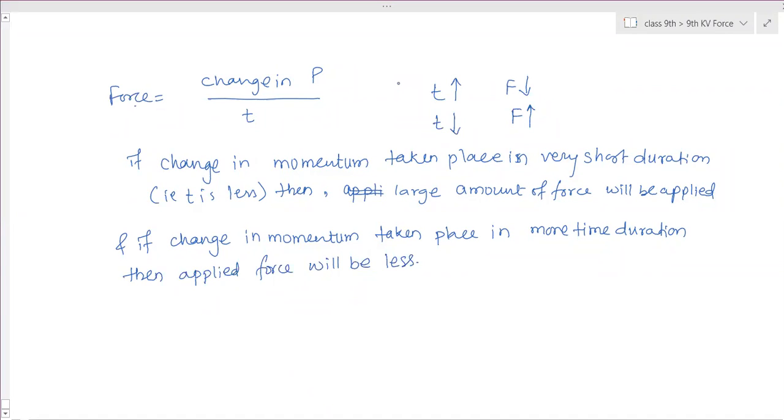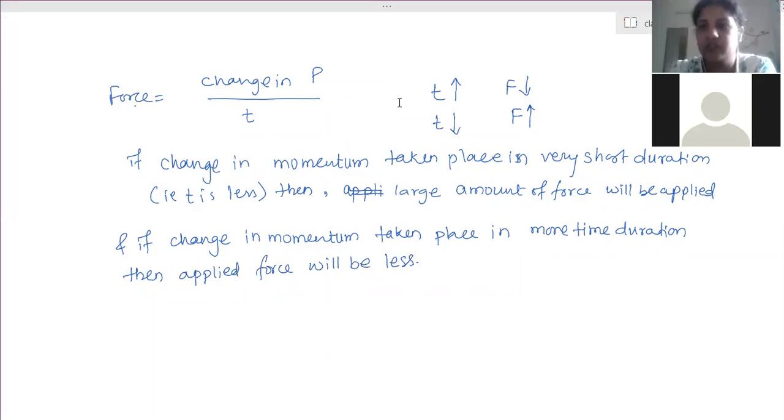In cricket, if the fielder is catching a ball, while catching it he won't keep his hand forward. He catches the ball, but he won't stop immediately. He takes his hand backwards, sideways. That means anyone catches a ball, but doesn't stay there itself. Why is it so? So in this case, what happens?